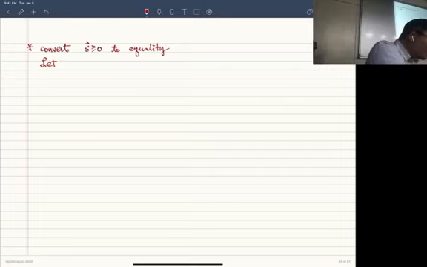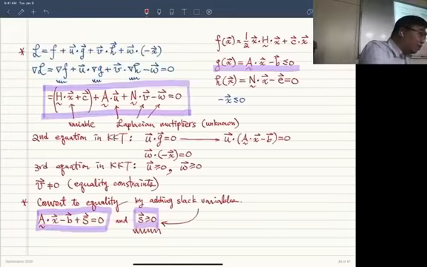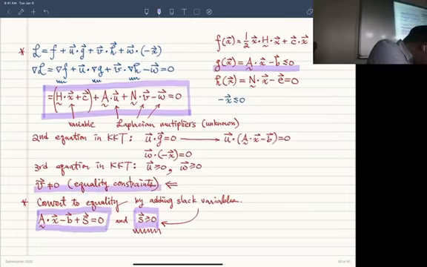We define v equals to y minus z and cannot be 0. Because earlier we said this one cannot be 0. Okay, this one. Right? And we also